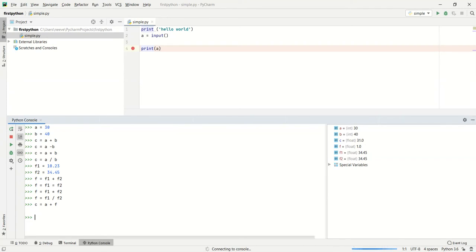Basically, wherever precision is needed, the result is floating.